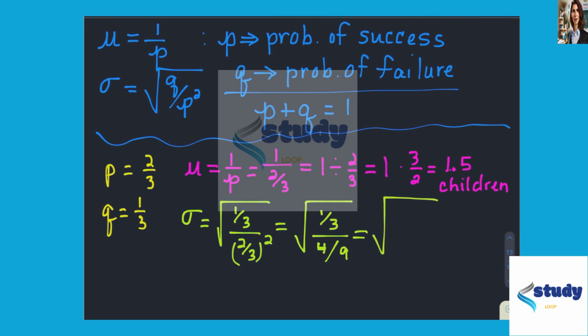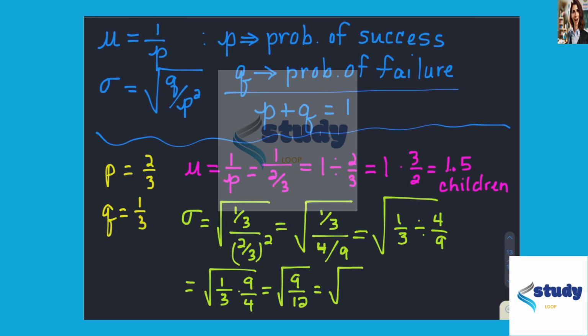And we could write it in a different format. And dividing by a fraction is the same as multiplying by the reciprocal. And if we multiply straight across the top and the bottom, we get the square root of 9/12. And the square root of 9/12 can simplify into 3/4. So therefore, when we pick up our calculator, we get a standard deviation of approximately